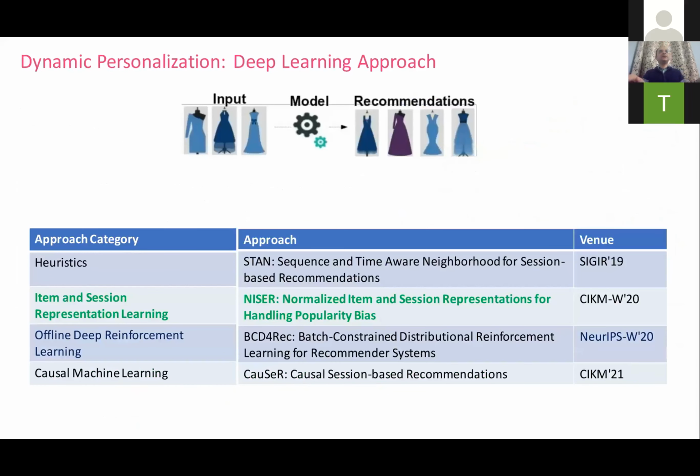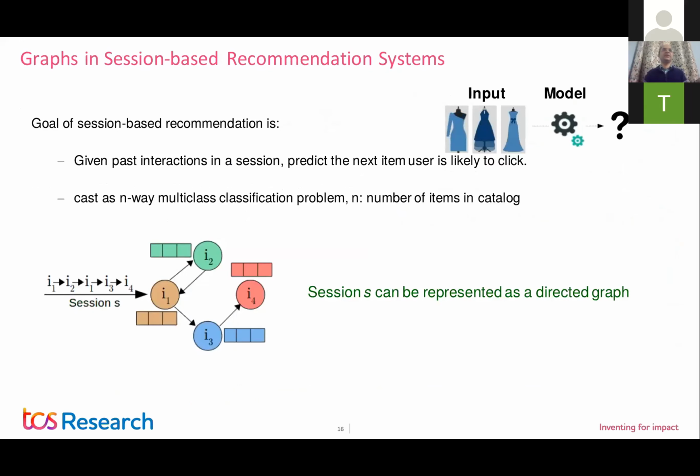Okay. So the next approach I wanted to discuss is a deep learning approach. This is called NICER, which is normalized item and session representations for session-based recommendations, while the focus here was handling popularity bias. So I'll explain what each of these terms mean. So the first thing to